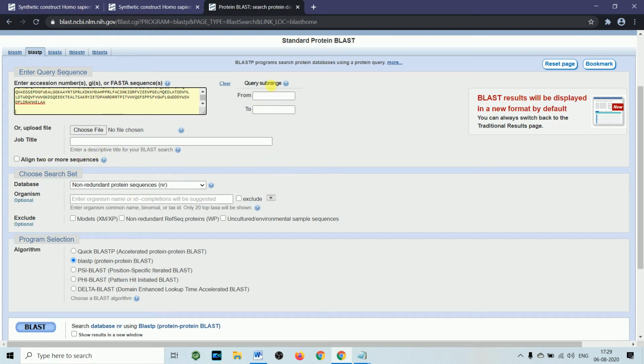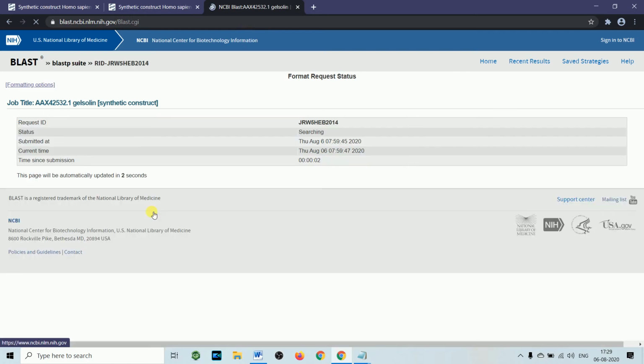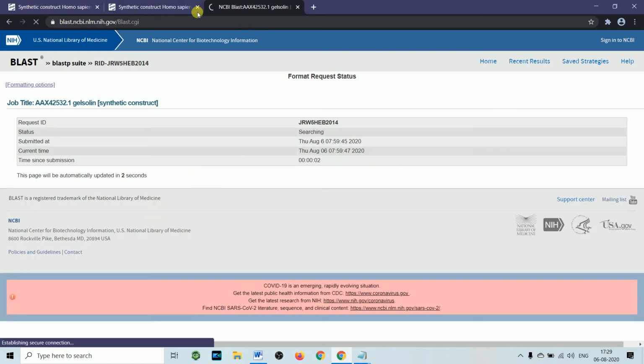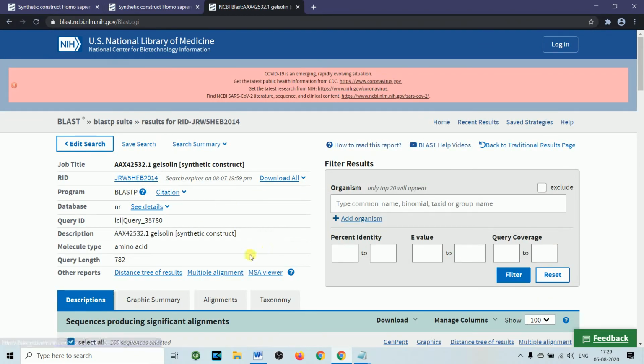And everywhere you can see there are some question marks which is there to help you or guide you what it is for. Okay, now you can write the name of the organism with which you want to do blast. So for now we'll just click on the blast. You can do quick blast also, which is less time consuming, while otherwise complete blast takes more time. We'll click on blast. It will take some time. Sometimes it takes minutes, sometimes it starts in seconds. So we are lucky this time we have got this result.